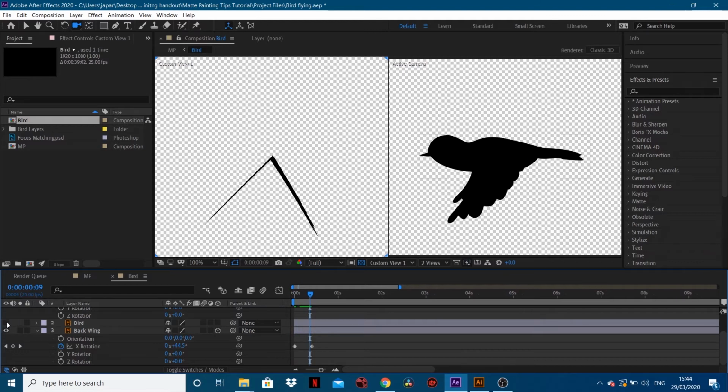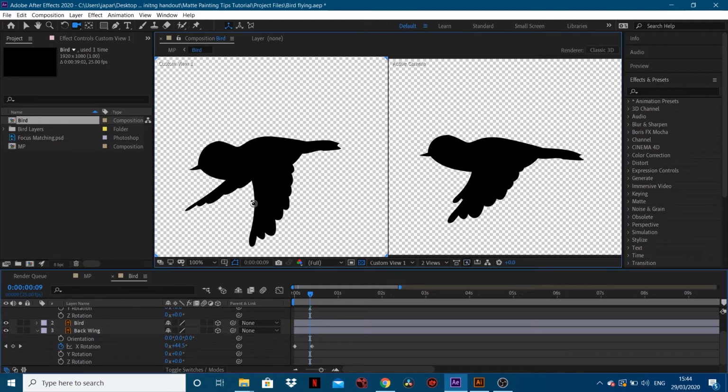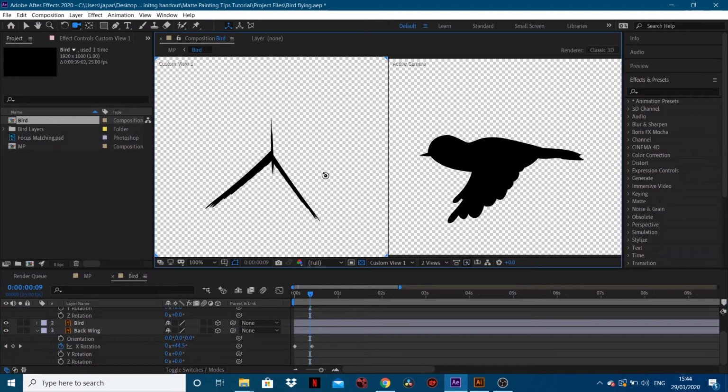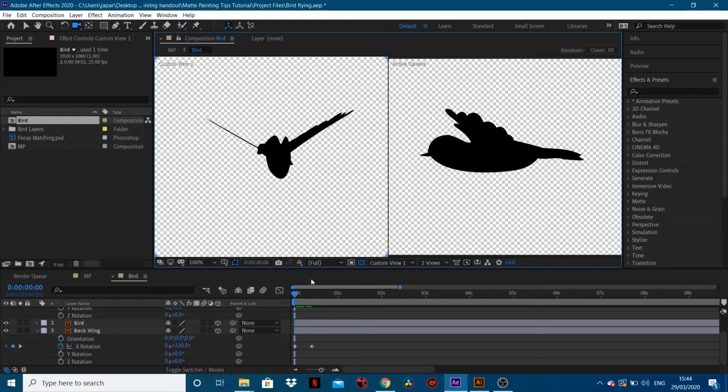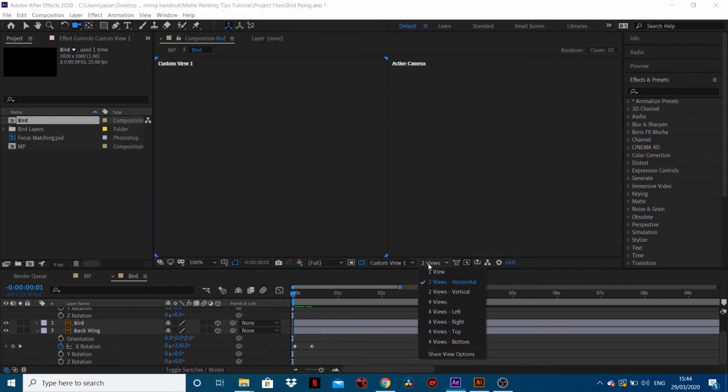And yeah, the reason we can't see this one is because it's basically a layer in 2D space, and it's not a 3D layer. If we turned it 3D, then we would see it. But there's no real primal reason why we turn this 3D, but just for viewing, yeah, that makes sense. So there we go. If we go back, we've got that flapping like that. In the 2D view, it looks a lot cleaner than the 3D view, but that's the view you're going to see it in anyway. So if we go back to one view,